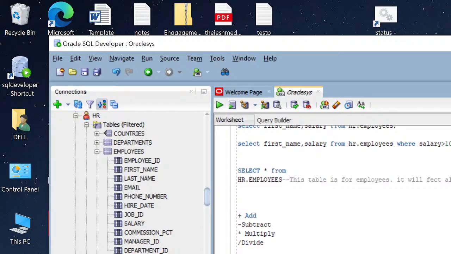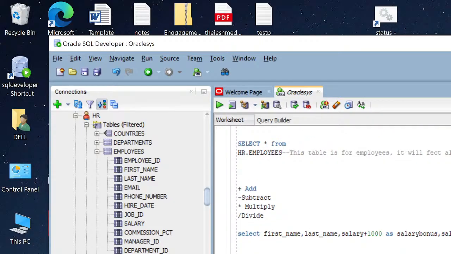So if you want to give an alias name, arithmetic, or something like bonus, like this, we can add the alias name also. So this is a basic